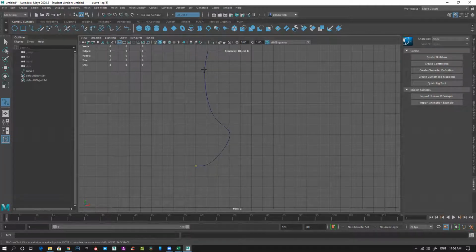Wherever you want to exit any curve or tool, right click, or you can press Escape. But if you press Escape without deselecting, it will remove that entire setting.